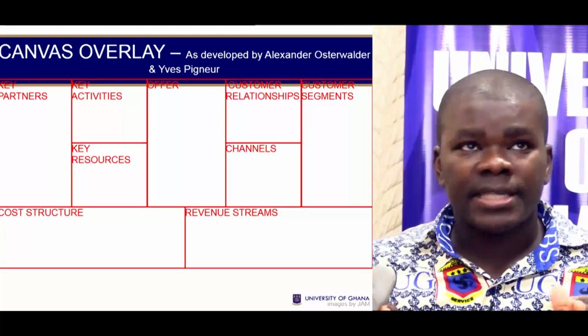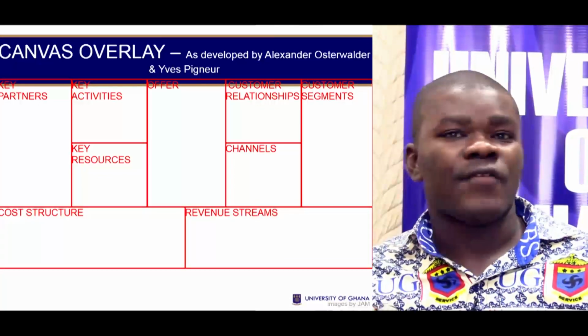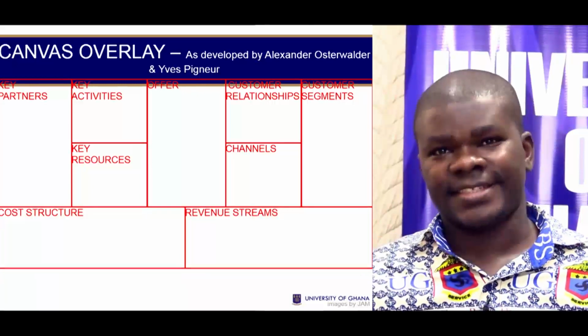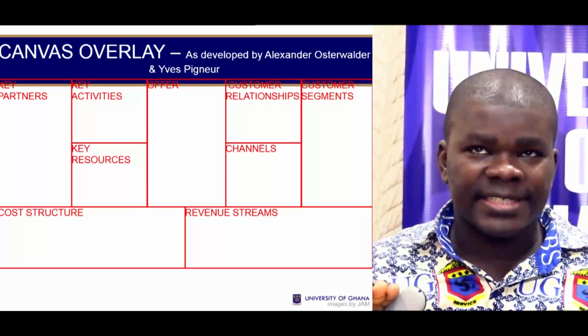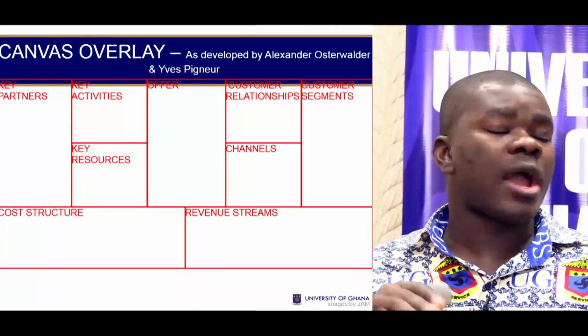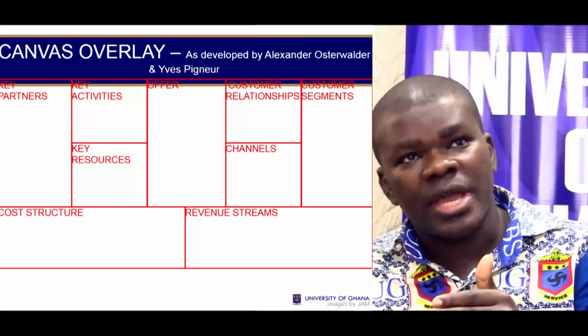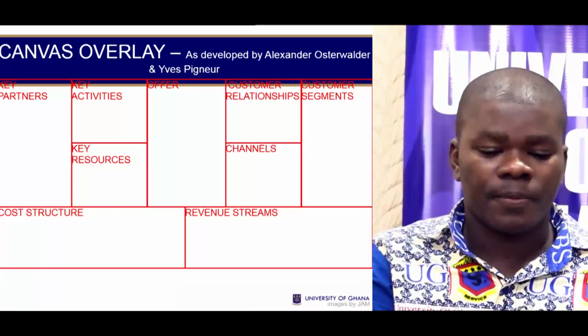And one exciting thing about the business model canvas is that everything you put in the canvas, initially they are guesses. You are guessing that you are going to have these customers. You are guessing that this is how much the customers are willing to pay for it. You are guessing that this is how you want to show love to them. You are guessing that these are the resources that you are going to have.